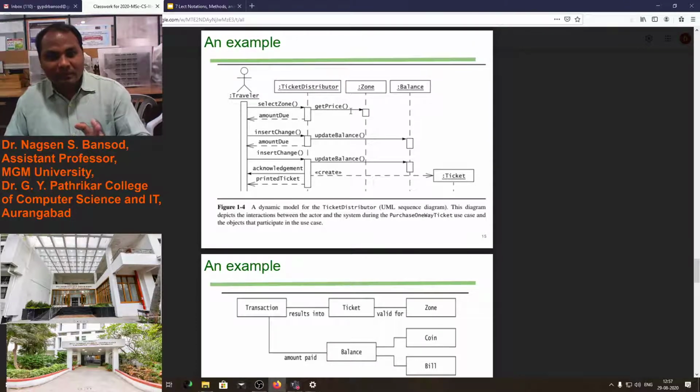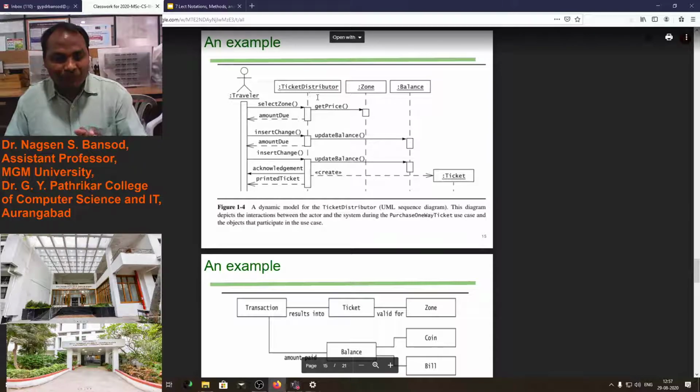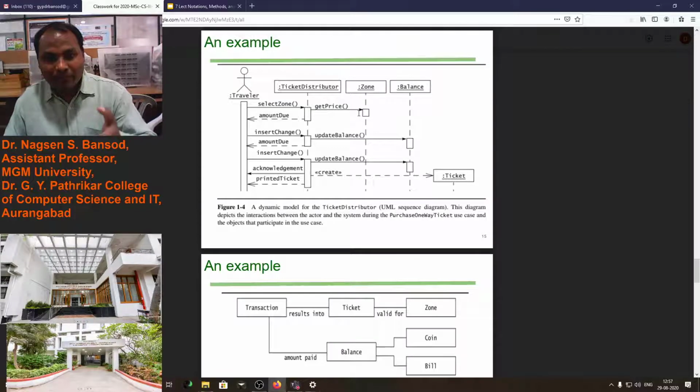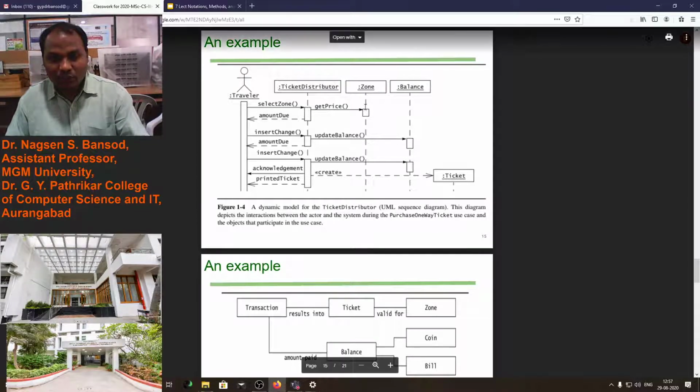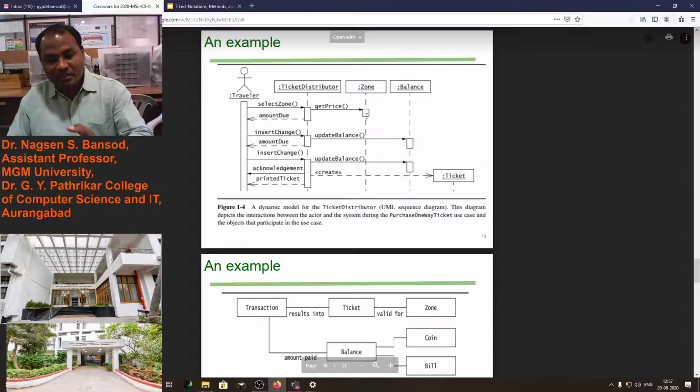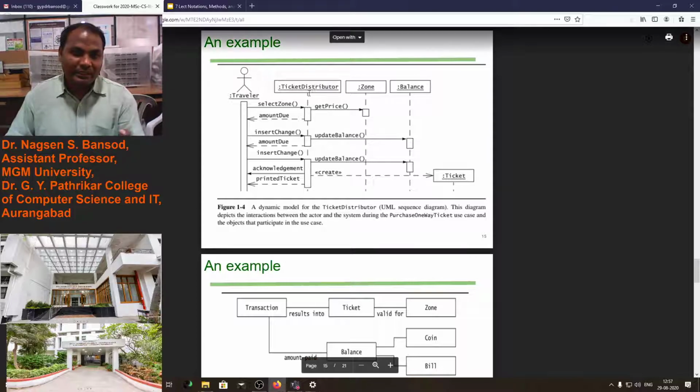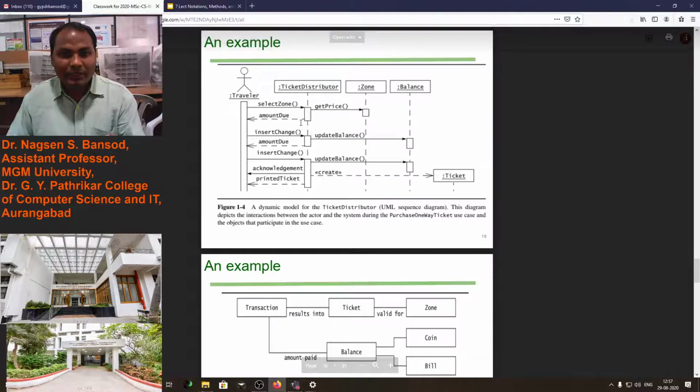Then the ticket distributor machine will get the price of the ticket according to the zone, the area he wants to go to. According to his destination, this ticket distributor machine will give the due amount.